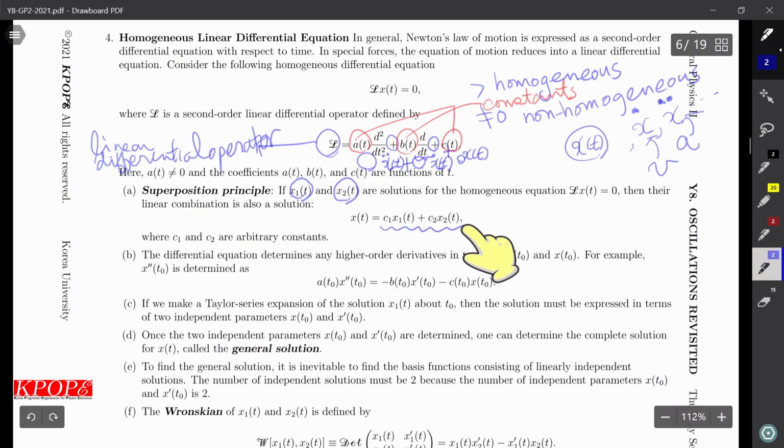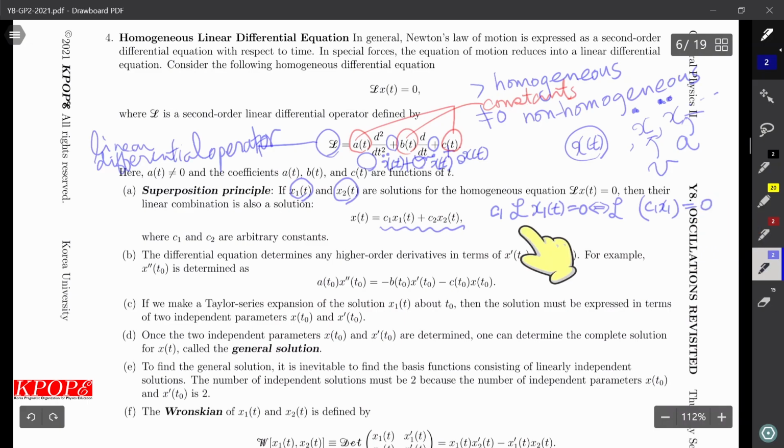For example, L x1(t) equals 0. We multiply by some constant c1, and this constant, after taking the derivative, vanishes. So this is c1 x1